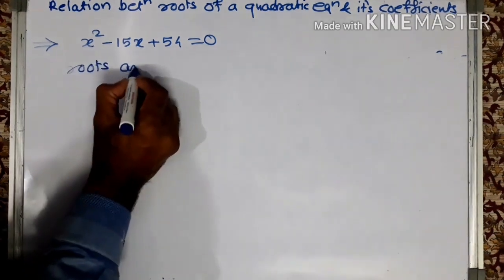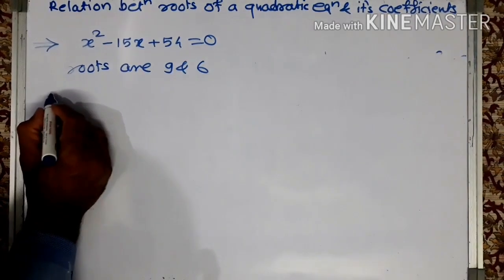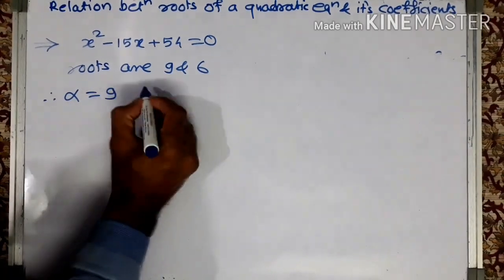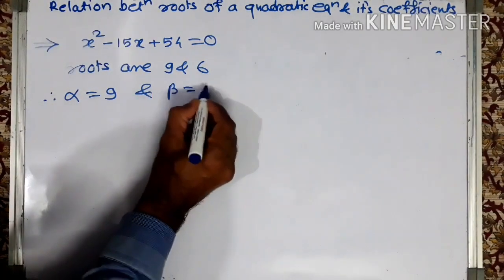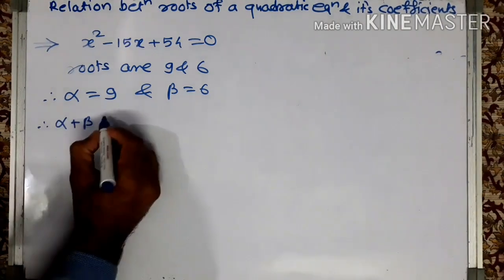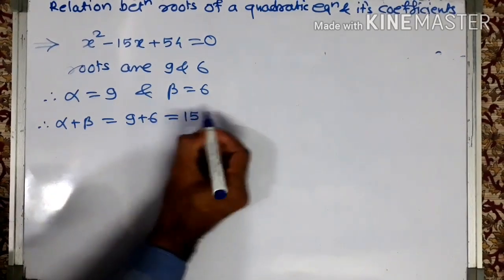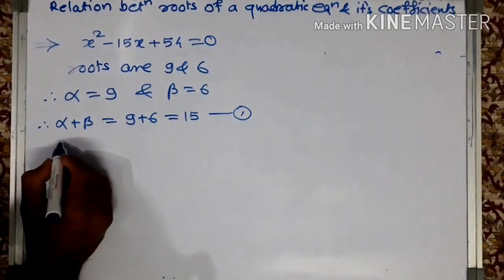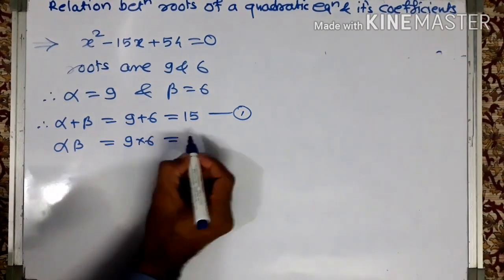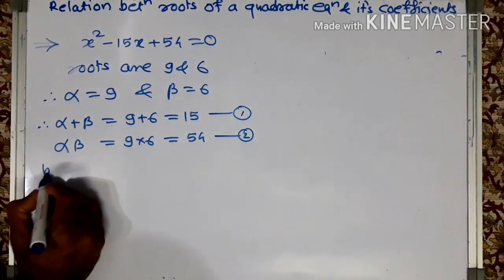Roots are 9 and 6. So therefore alpha equals to 9 and beta equals to 6. Therefore alpha plus beta equals to 9 plus 6 equals to 15, number 1. Alpha into beta equals to 9 into 6 equals to 54, number 2. Now by comparing